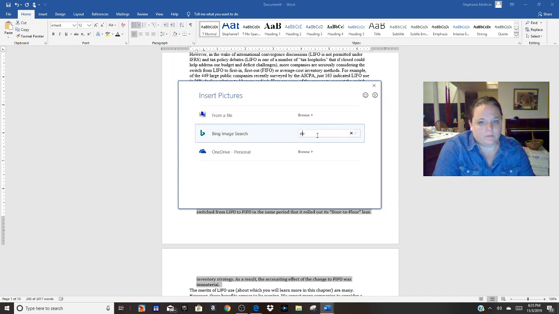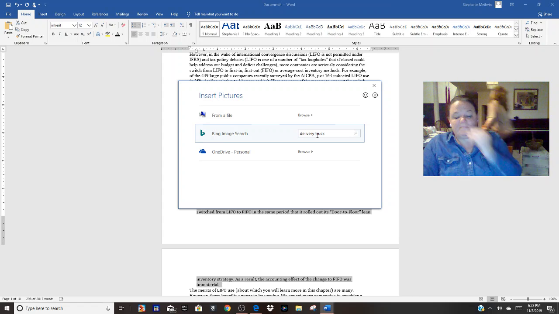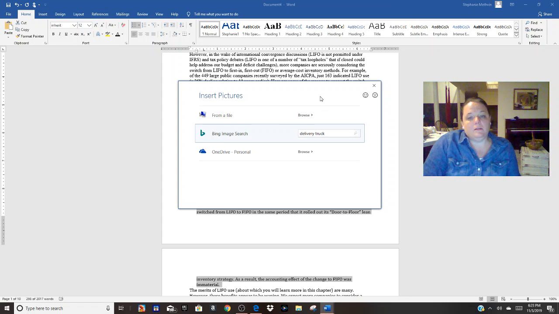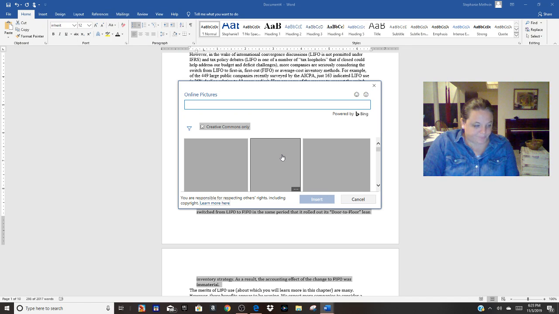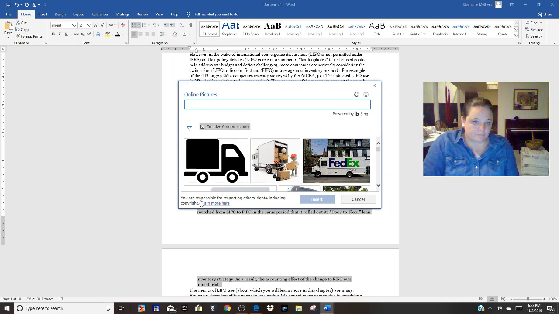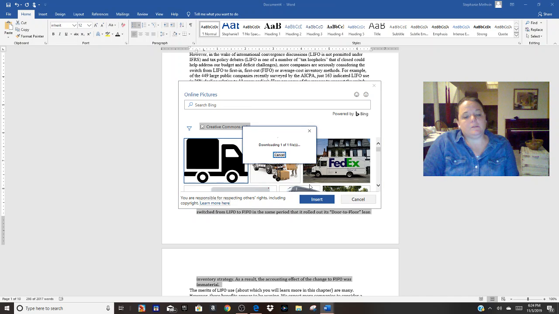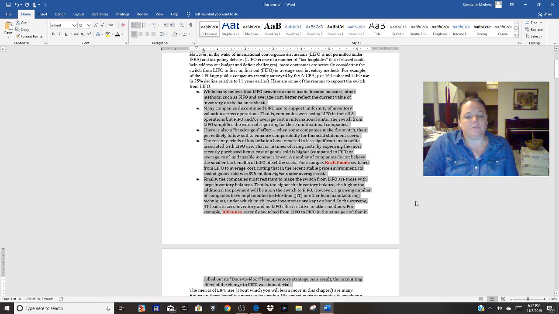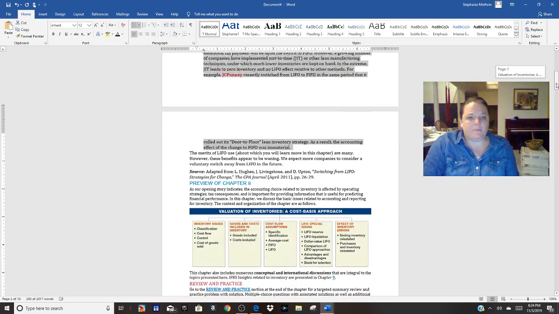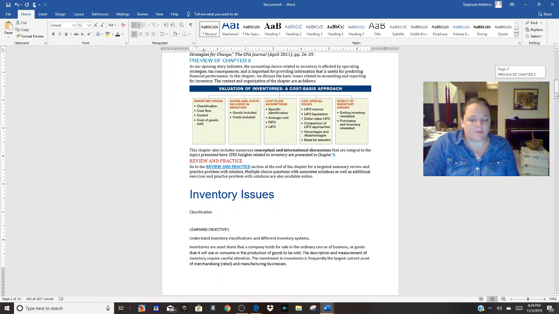So let's say delivery truck. These are cute. We'll use this. Hit okay. Now I have little delivery trucks for bullets. That would be just an example of something I could change.